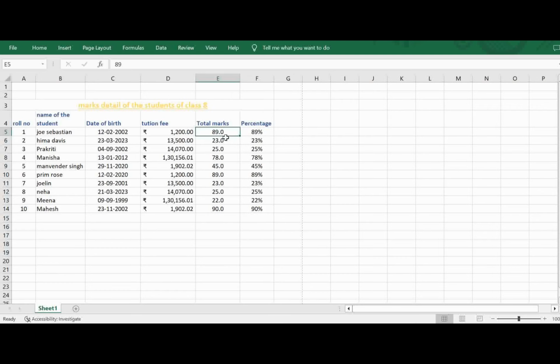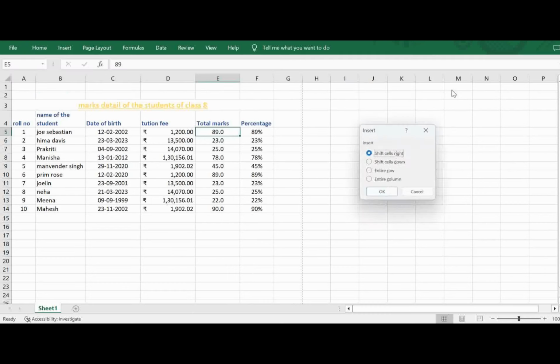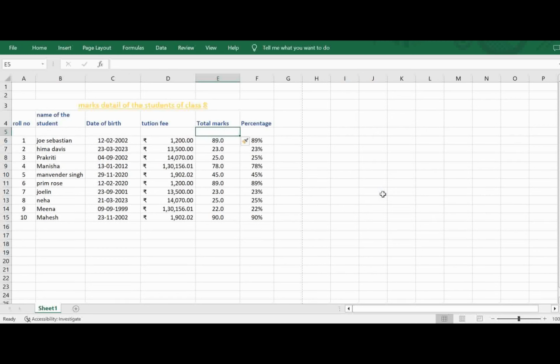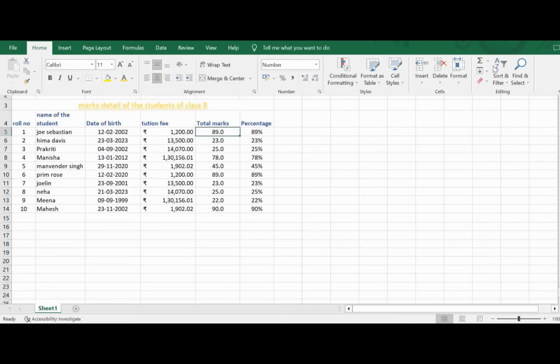Again, I'm undoing it by pressing Ctrl Z. I can also insert a cell there by creating a new row, so I'll go for an entire row. I got it by creating a new row here. So these are the four options by which you can create a new cell at any required location. So that is about inserting a cell.